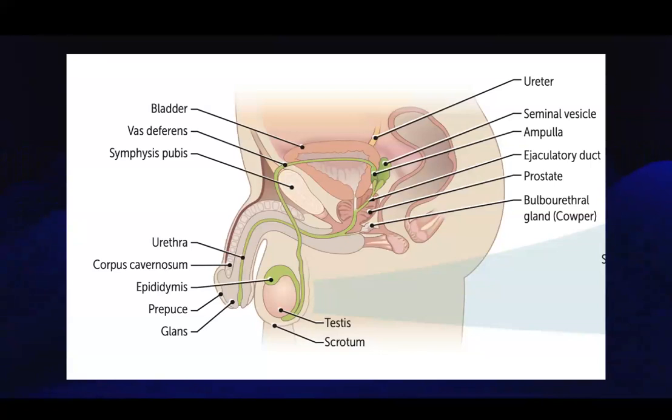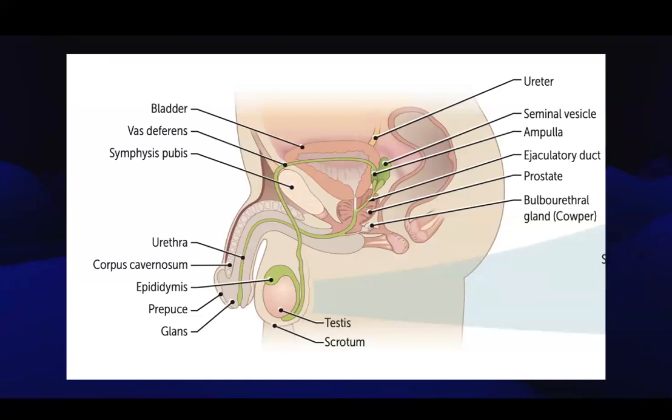meet with the seminal vesicles, right? They will pump a lot of fluid into the sperm, allowing us to make semen that will contain fructose, which is very important for sperm energy. It will contain something called vesiculase, which will allow that semen to coagulate upon release. And then